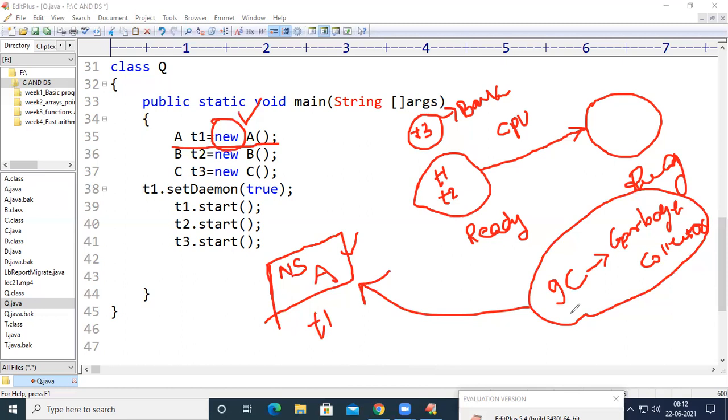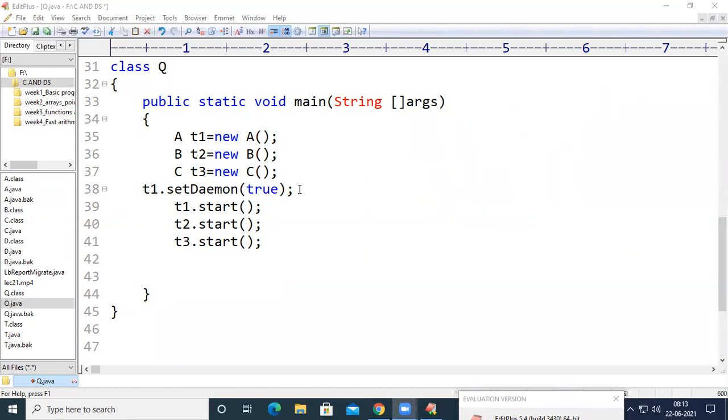So what this garbage collector will do is that whenever we use the new keyword in a Java program, some amount of space will be reserved under the given name. After the successful usage of that space, that entire space will be deleted automatically in the background by using this thread called the background thread, garbage collector. Okay, so this is about daemon threads or background threads.